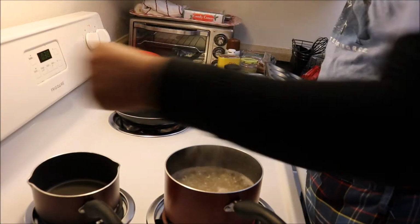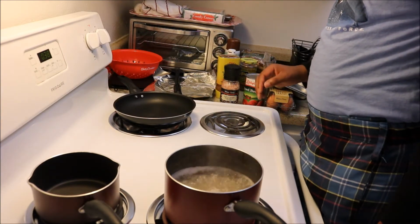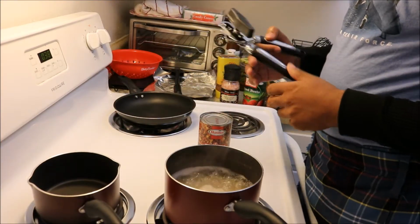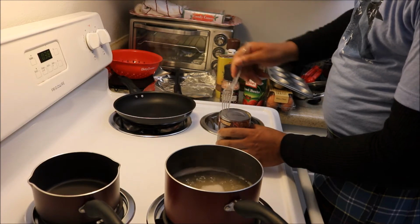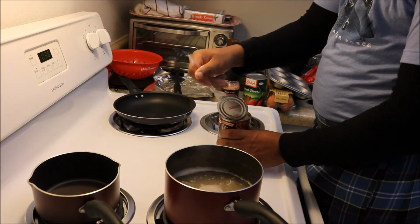So we'll put the heat down to medium so it can calm down, and then we'll get started on the roast beef hash, which I had already opened with this can opener I got from the dollar store. Awesome. Alright, now with this roast beef hash, I'm gonna use this skillet,